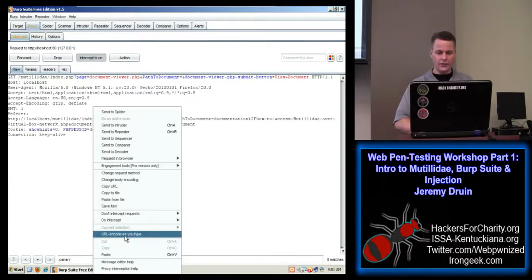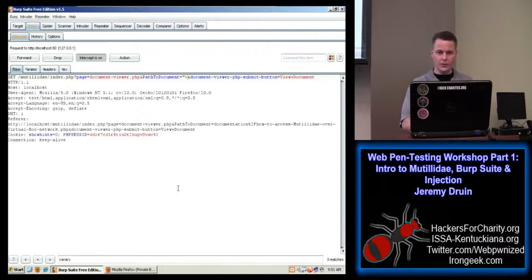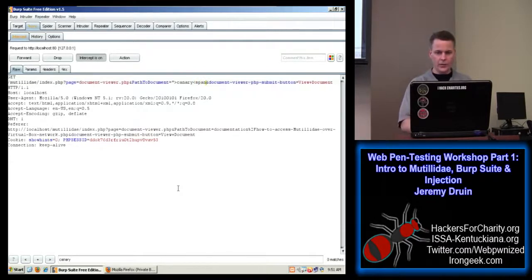We'll talk about this URL encode as you type in a second, so just ignore this for now. Canary, span, let's say A equals double quote.